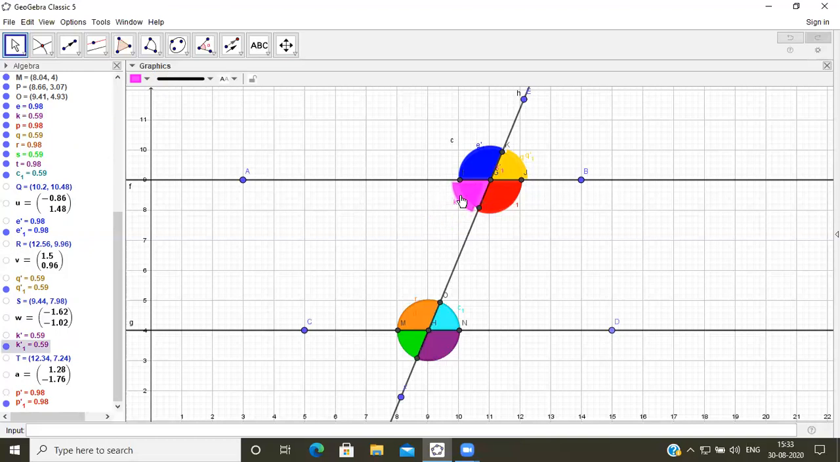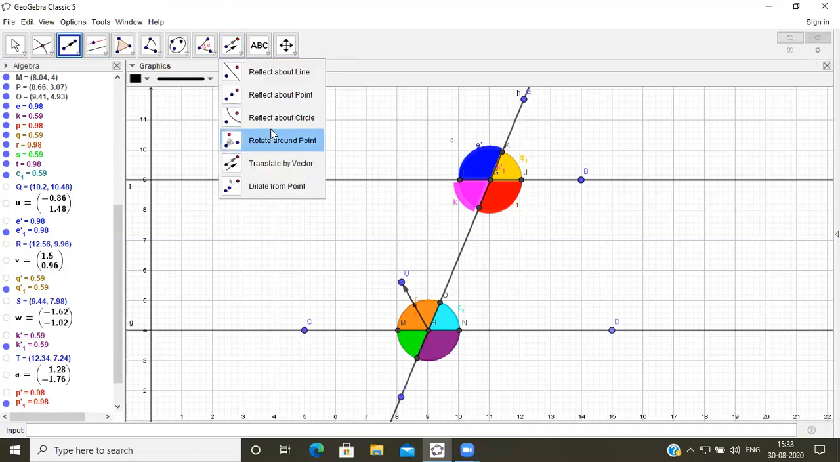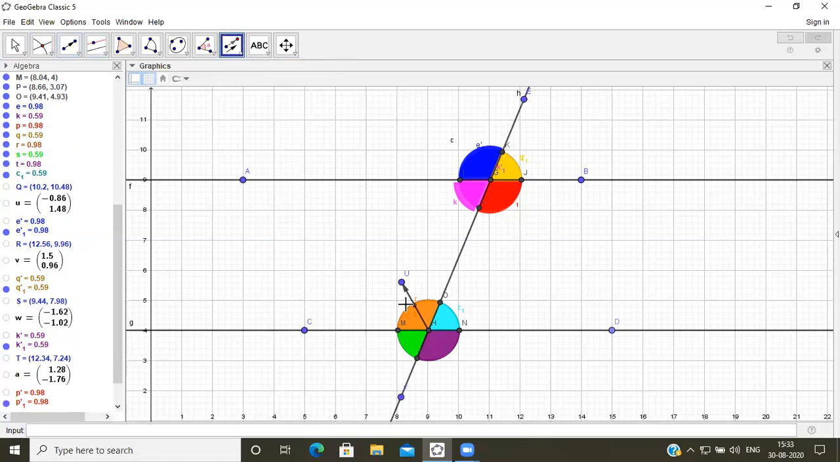Okay, this we will keep it here. Then when we want to show, we will show it to the students. Again, same way I am constructing here also. Now, a vector, translate by vector, select the sector and select the, yes, now